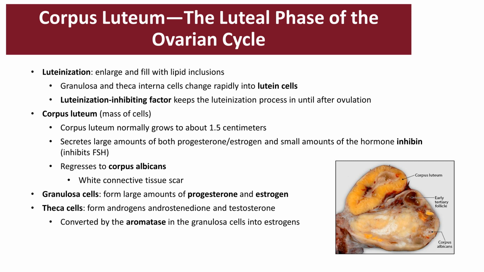The granulosa cells in the corpus luteum develop extensive amounts of smooth endoplasmic reticulum, and they're able to form large amounts of the sex hormones progesterone and estrogen, with more progesterone than estrogen in the luteal phase. The theca cells mainly contain androgens, androstenedione and testosterone, rather than female sex hormones because they lack an enzyme. However, most of these hormones are then converted via aromatase in the granulosa cells into estrogen. As it regresses, it becomes what we call the corpus albicans, which is the white connective tissue of a scar. The granulosa cells produce large amounts of progesterone and estrogen, and the theca cells form the androgens, but they are also converted to estrogen with the help of the granulosa cells because of the enzyme aromatase, also known as